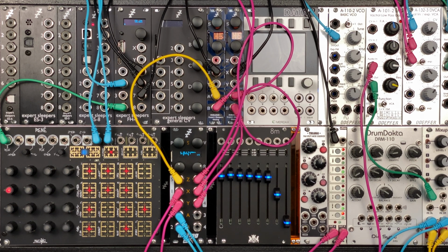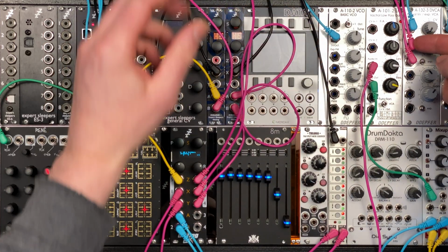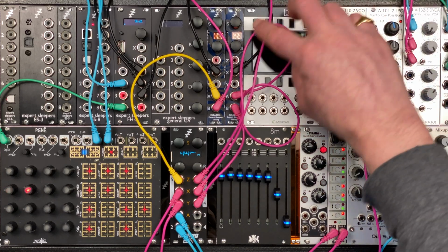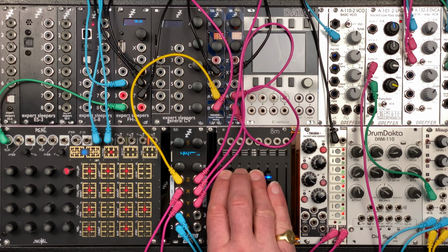The next thing I want to mention is that these inputs are actually velocity sensitive. A lot of gates in modular are just on or off, but there are some devices, for example the FH2, which will send a velocity gate, which is a gate the amplitude of which is scaled by velocity. So we can create one of those by putting a normal gate through a VCA, which I have over here. So this trigger is in fact already running through the VCA, it's just all on, so you're not hearing the result. But let's hear what happens to that sound, which is number 6,